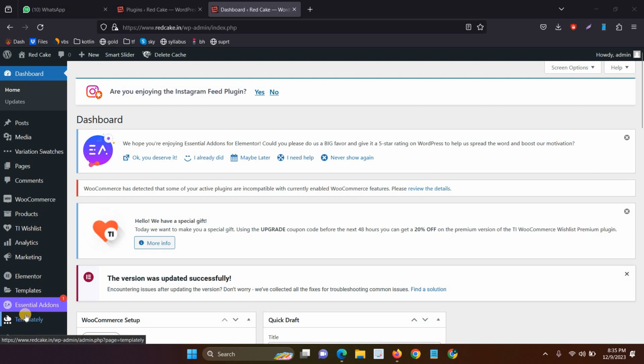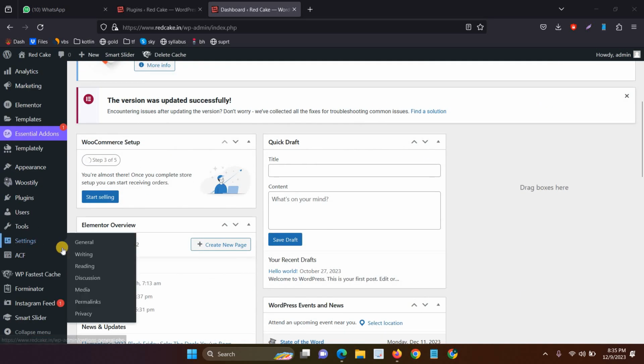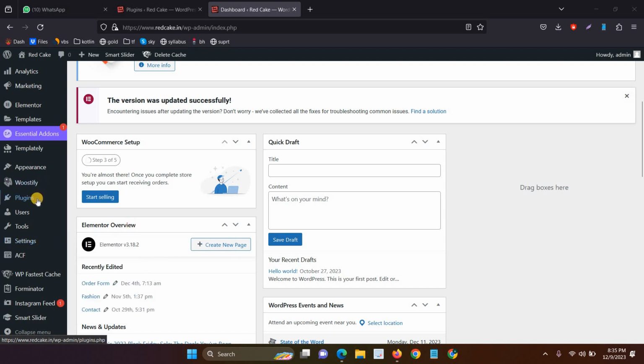In this video, I will explain how to add the image file in the checkout page in the WooCommerce website. Okay, just follow my steps to complete the procedure. First, go to the plugin section and then click Add New Plugin